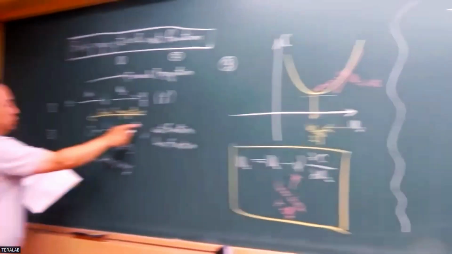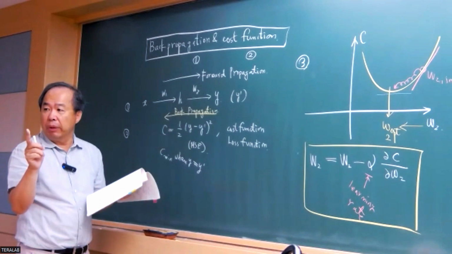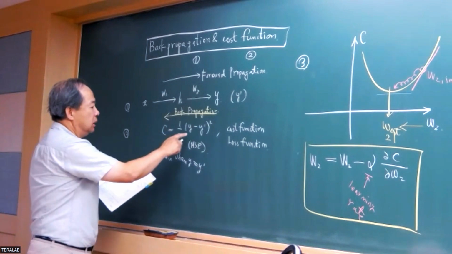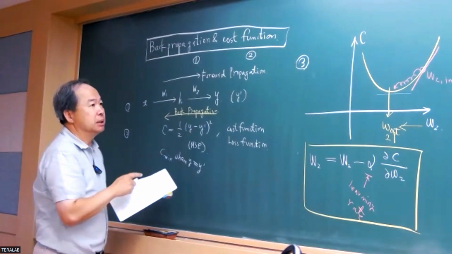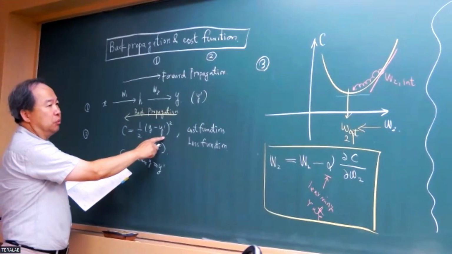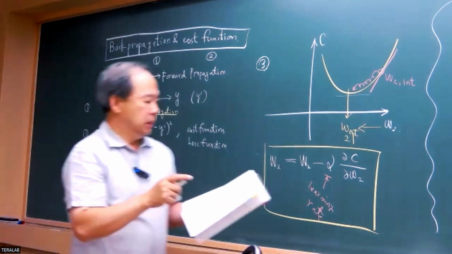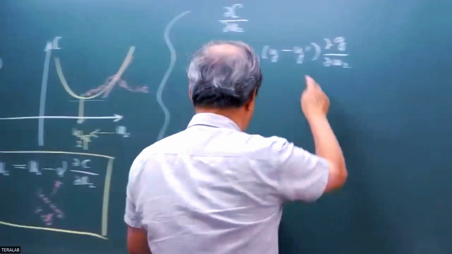Please remember that for the derivative of this function, the 2 and 1 over 2 cancel each other when we are doing the derivative, and then it becomes y minus y dash. And then y dash becomes constant. We have to do the derivative of y. Here, I'm assuming that